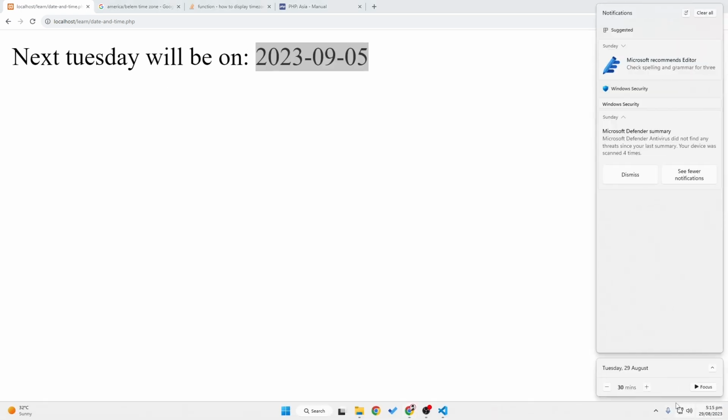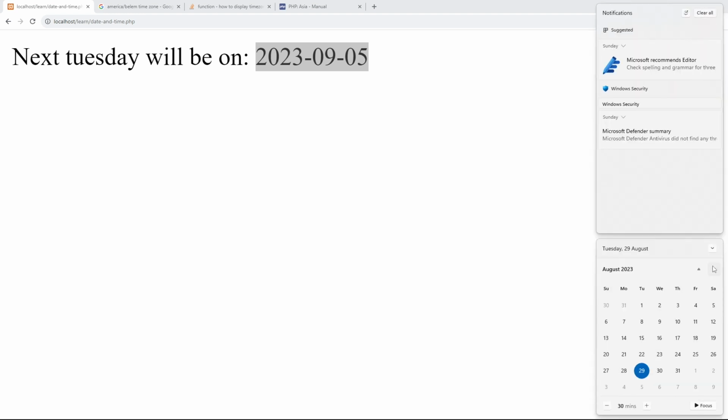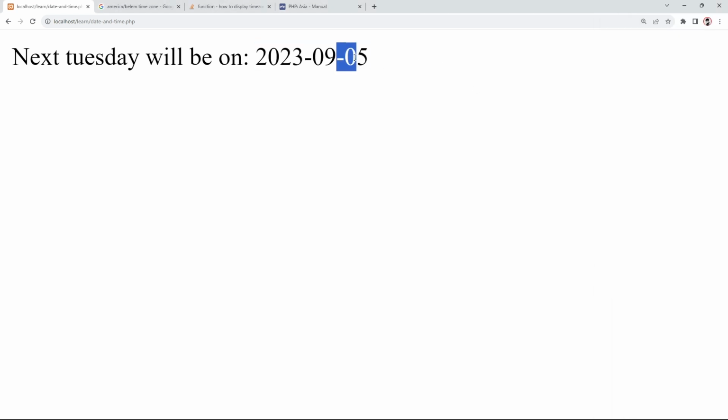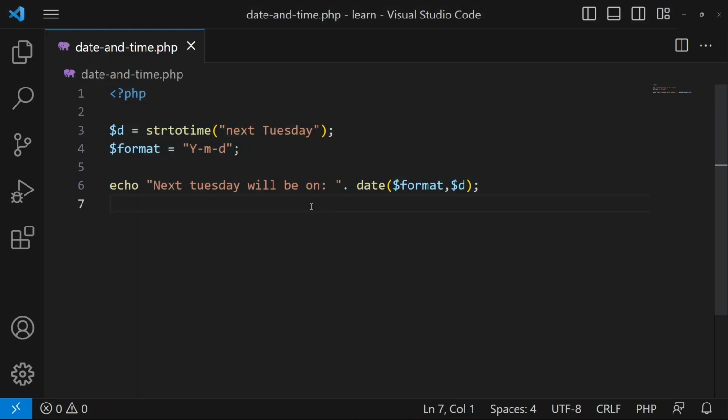We can also check in the calendar. So the next Tuesday would be on the 5th, and similarly you can see that the 5th is displayed at this position. Similarly you can pass another parameter, maybe like +3 months. Or here is a question: suppose you want to increment any date, how will you do that? Like you have a date, this is the format, and I want to add 10 days to my current day. So I will type here +10 days, and similarly you can see that